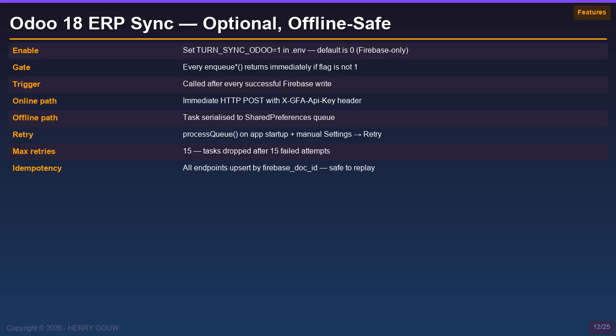Odoo 18 sync is completely optional and adds 0 overhead when disabled. Setting turn_sync_odoo equals 1 in the .env file activates all sync calls. After every successful Firebase write, the corresponding enqueue method is called. If the device is online and Odoo is reachable, the HTTP post is sent immediately with the X-GFA API key